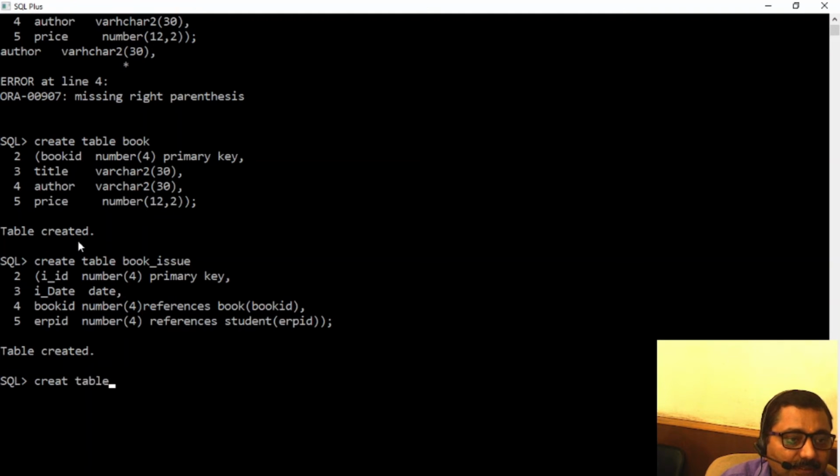I'm going to create a new table without primary key, without foreign key. Create book issue table. Its name is book issue 1.